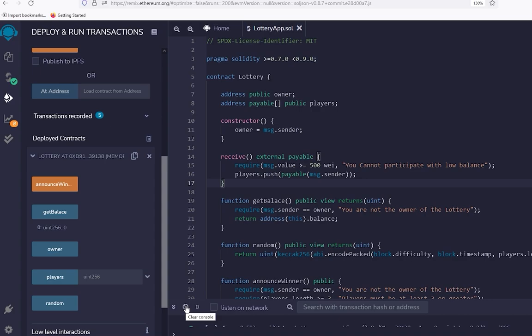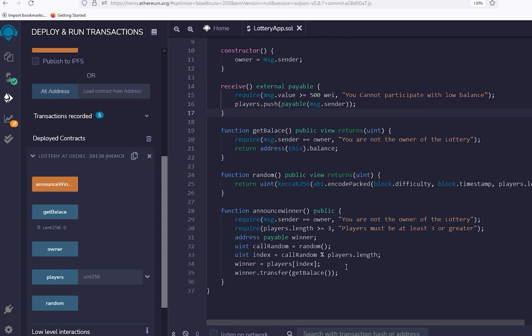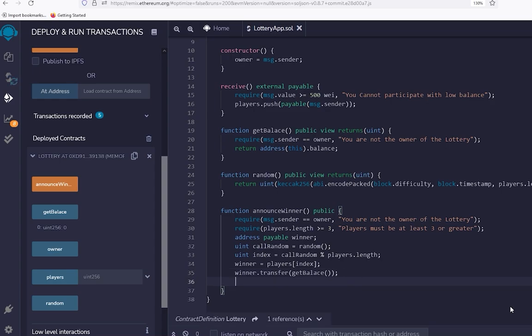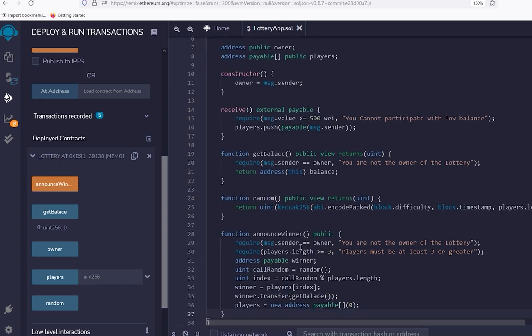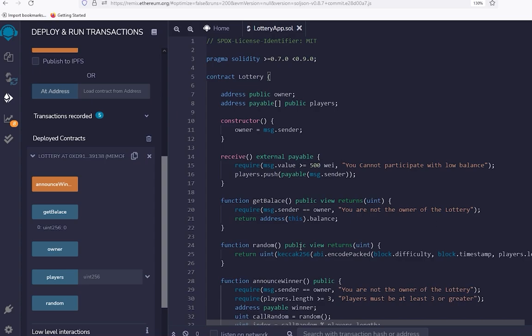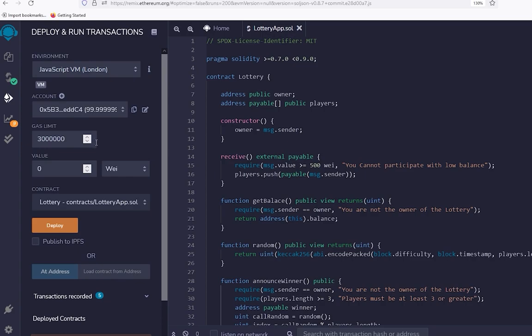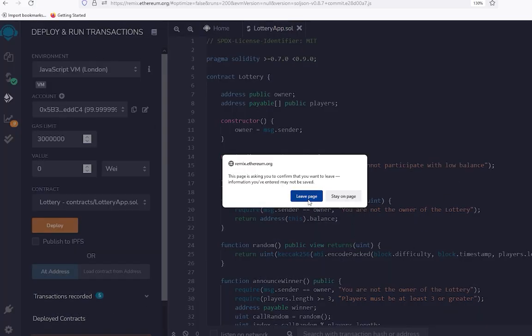And our code is ready, and the thing we have to do in here is just to reset our lottery when the result is announced. So in the last line I will do players equal to new address payable 0, and just like this, this line of code will reset the lottery after the announcement. Just for checking purposes, I will do this again, press Ctrl S, close this instance, and also reload this,